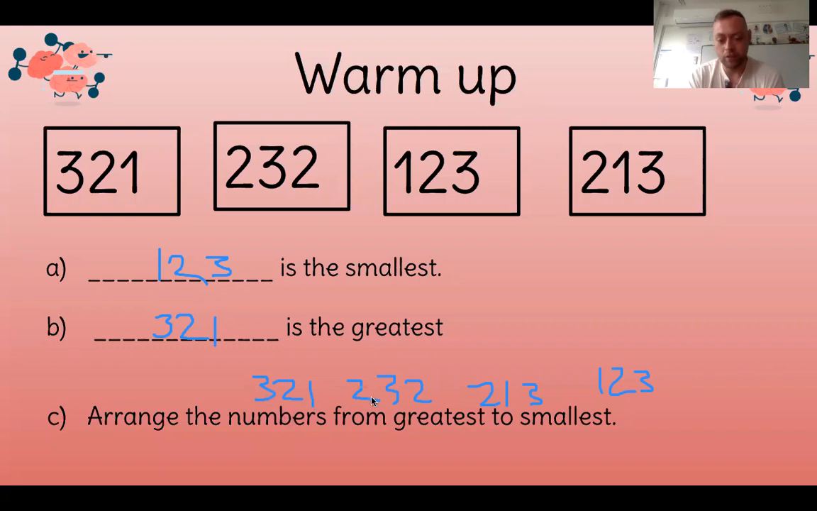321, 232, 213, and the smallest being 123. Give me a thumbs up if you got that. Awesome. All right, so